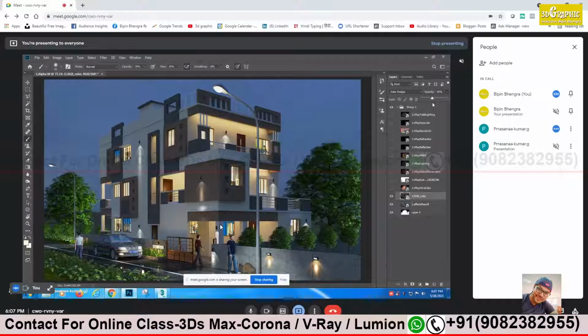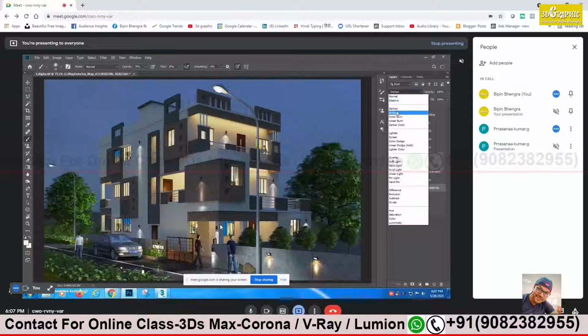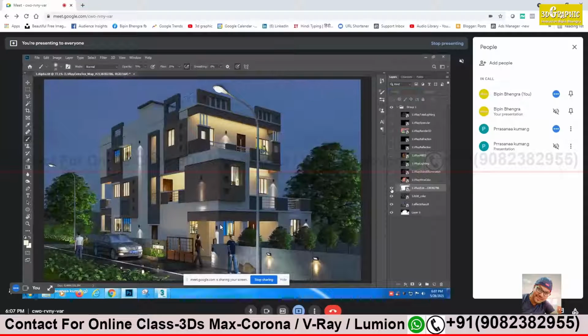Make it 45 only. Fine. Then I have to bring extra texture, right? Yes. Perfect. Reduce the opacity.